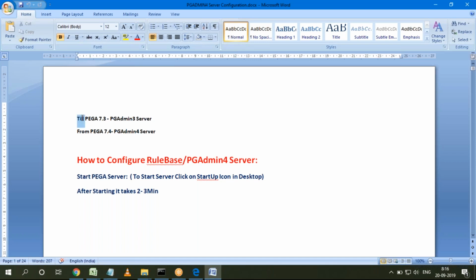Till version 7.3 it was called pgAdmin 3 server. From 7.4 they have given pgAdmin 4 server, and in 8 it is the same. So, to configure this rule base or pgAdmin 4 server, let's see the steps. I'm only discussing the steps here, and why we are doing this configuration.